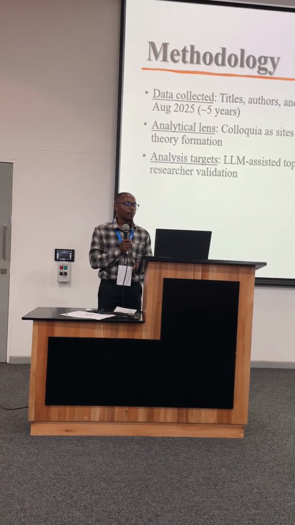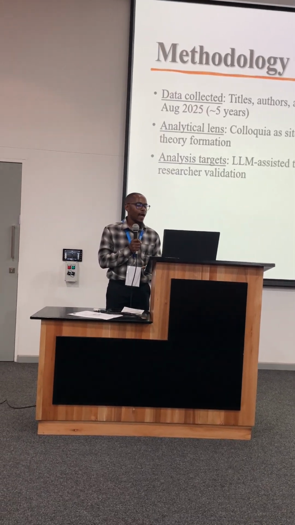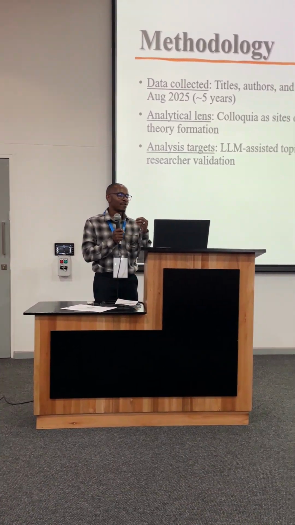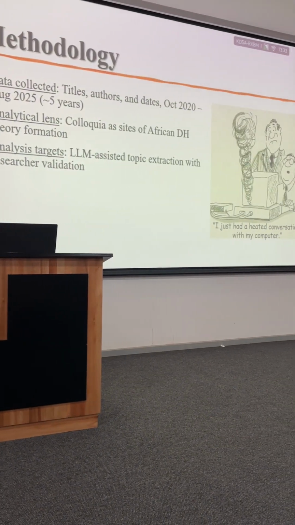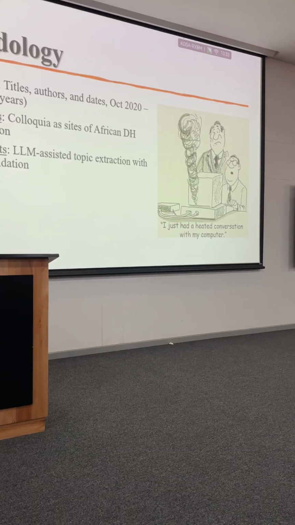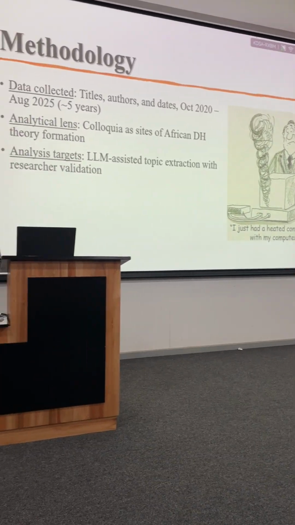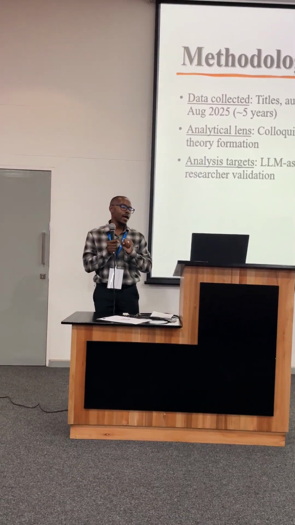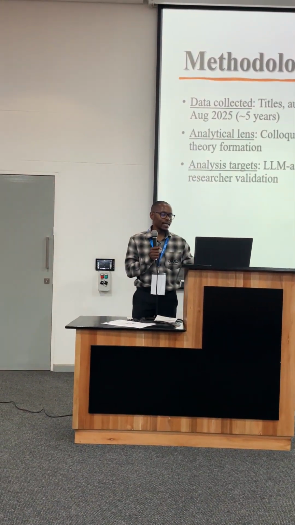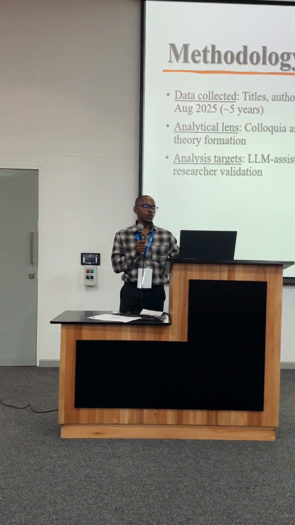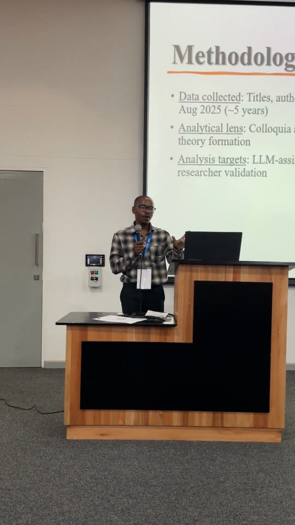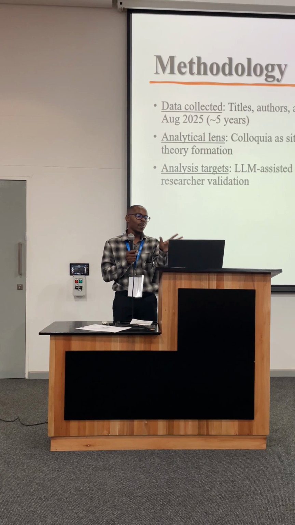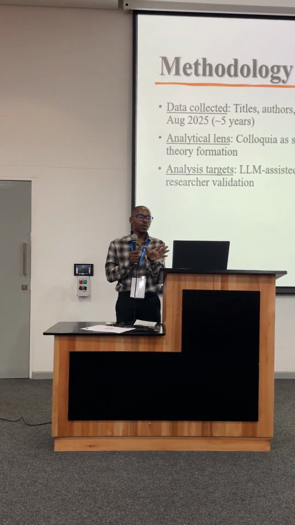And then using an analytical lens of colloquial sites of African digital humanities theory formation. And then I used a large language model based theme extraction to check what exactly we are getting from the titles. So I analyzed the titles, what the titles are about, what themes we are getting from those, who the authors are, and when they are